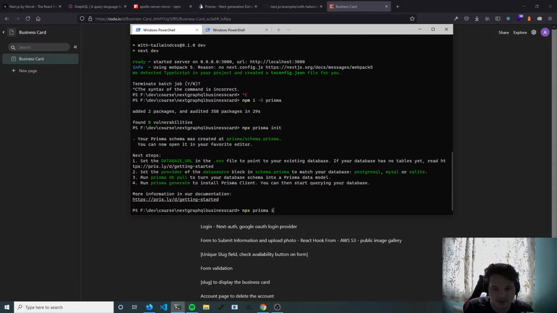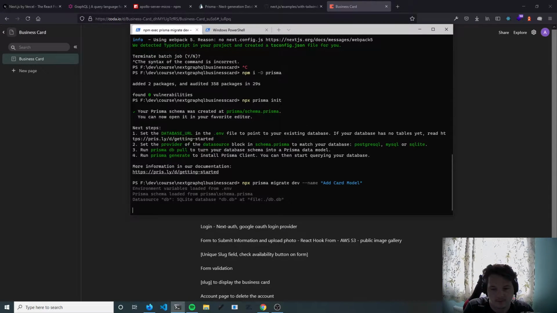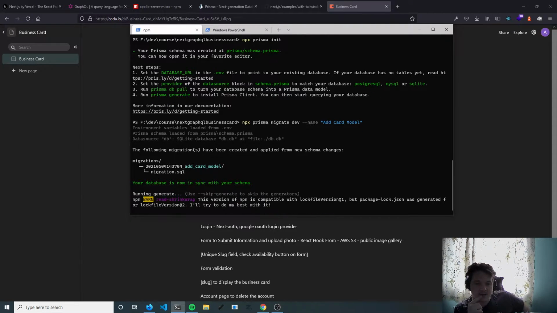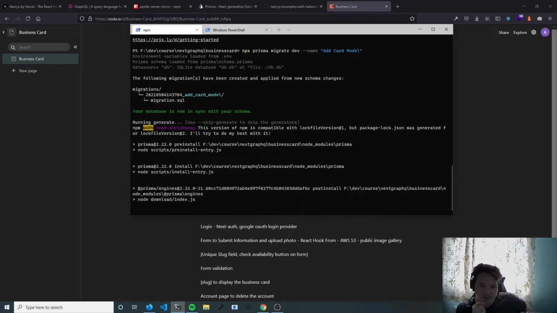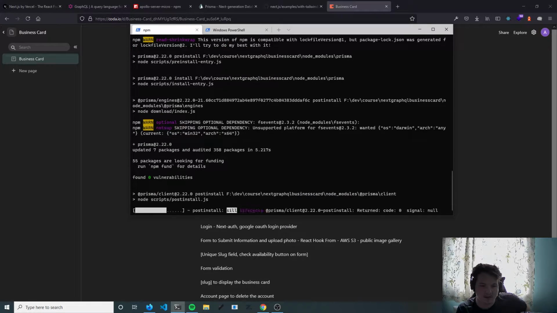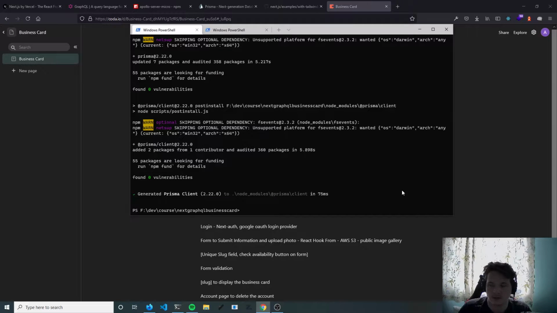So npx prisma migrate dev, and then we can give it a name of add card model. And that's going to create our migration, which it has done now, which we can take a look at in a second. And what it's doing now, the first time it does this, it takes a little bit of time, but it's creating the Prisma client. And the Prisma client is what we're going to use to interact with the database. So now that Prisma is set up and we have our Prisma client,